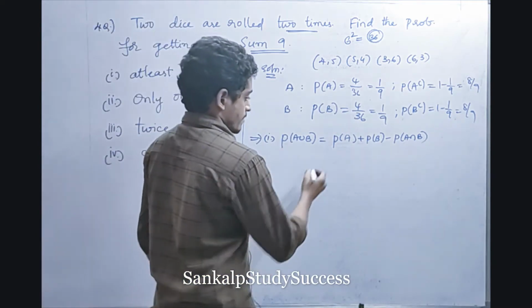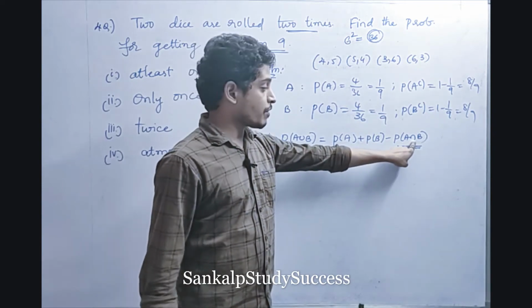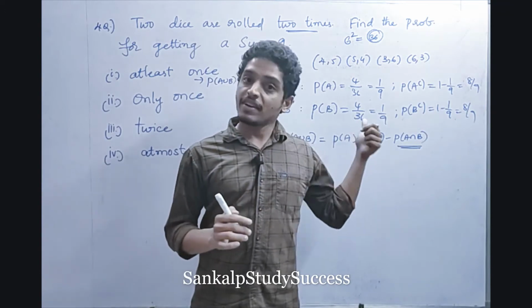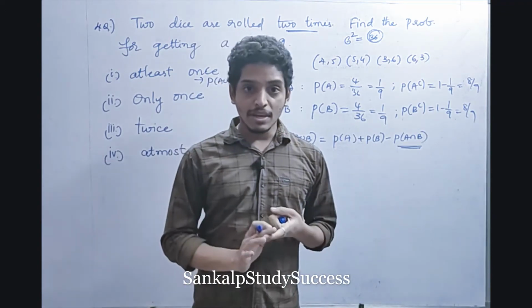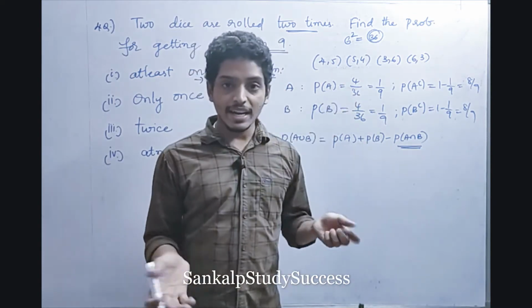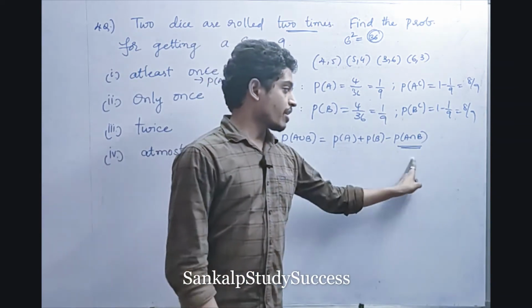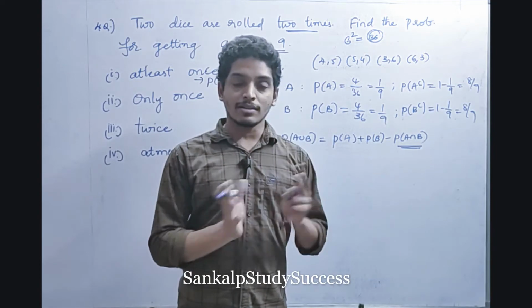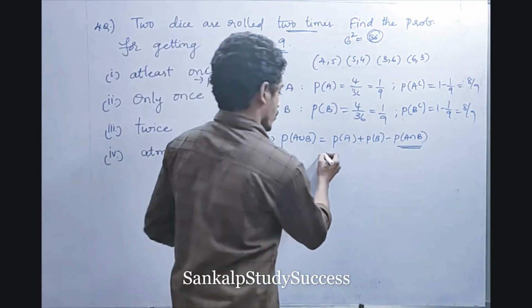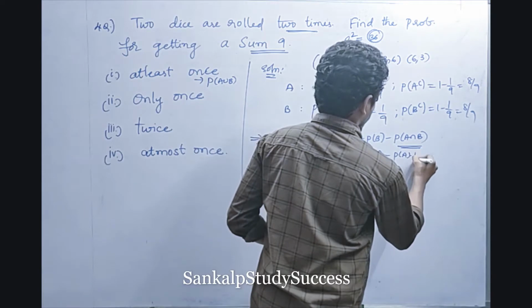So here, see. What is P of A intersection B, friends? Before that, first of all we have to understand what type of event it is. The die is rolled 2 times. That means each has a separate sample space and separate trial, right? The first event has a separate trial, the second has a separate trial. Both are independent events. Yes or no? In independent events, P of A intersection B is nothing but the product of the 2 events, P of A into P of B. So since the experiment is done independently, it is P of A plus P of B minus P of A into P of B, right?